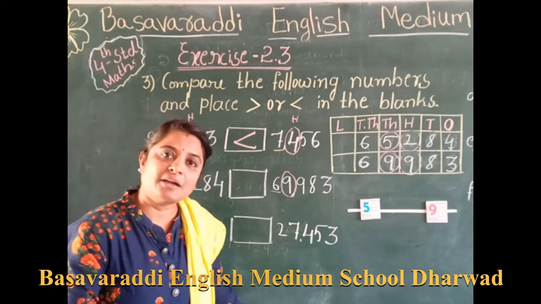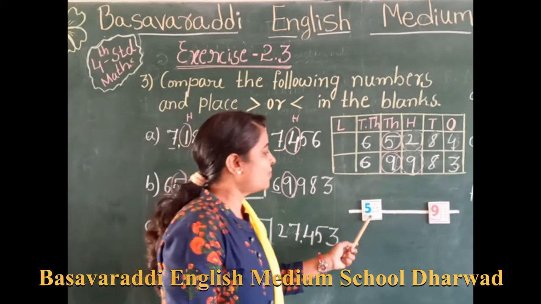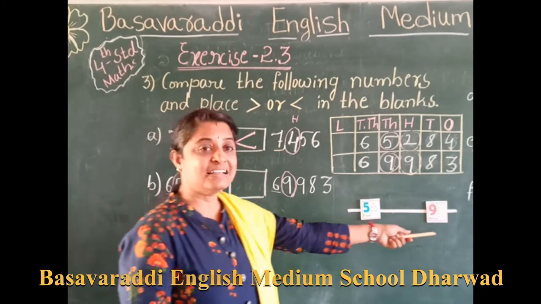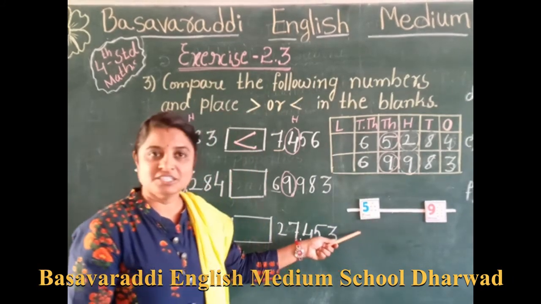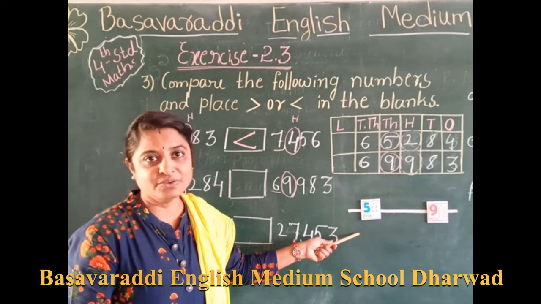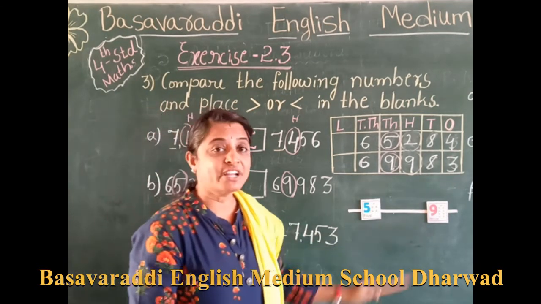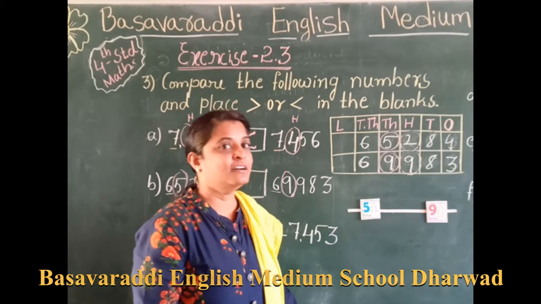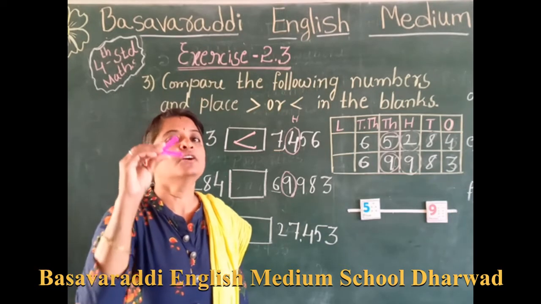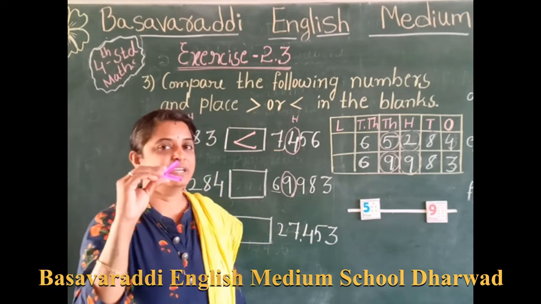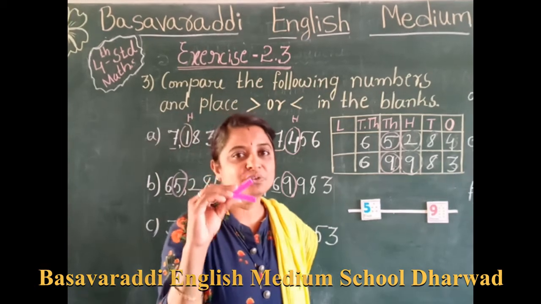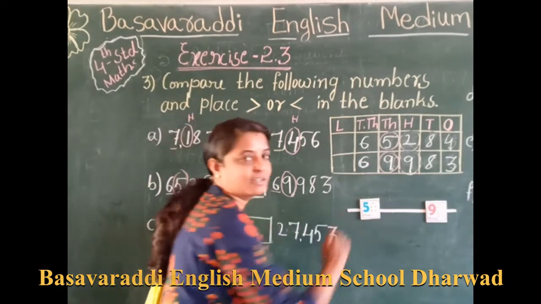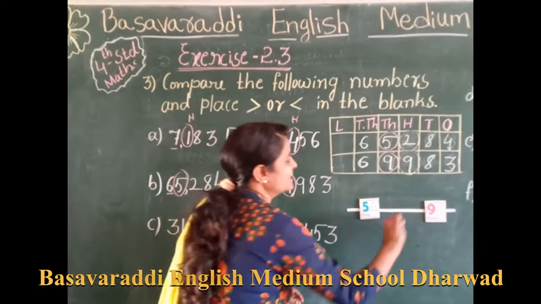We will get the comparison there. See here. Now 5 is there and 9 is there. Which one is big? Yes, 9 is a big number and 5 is small. You know that one. Okay. Then what I told? How to put the symbol of comparison, the symbol which is greater? Always keep the open mouth to the biggest number. Yes, always put this open to the big number. Now which is our big number? 9 is our big number, 5 is small.